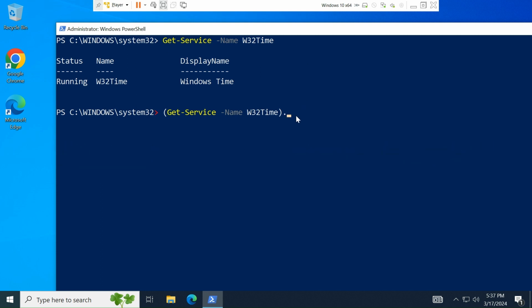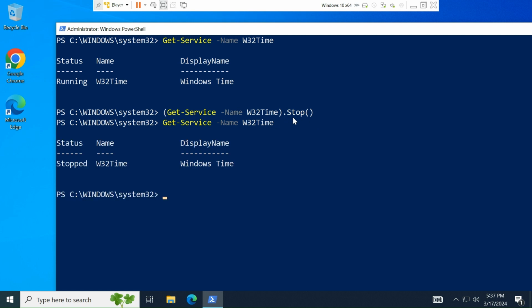Use a dot and Stop, double parenthesis. Hit enter and we can stop the service. Let's check the status